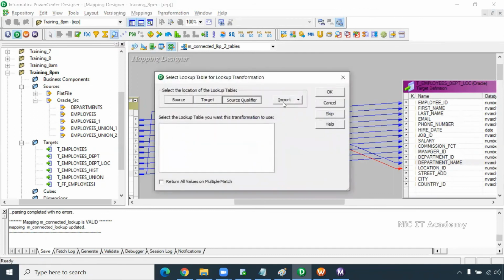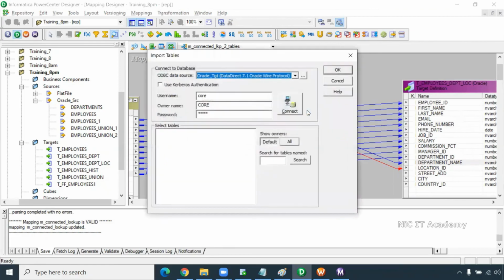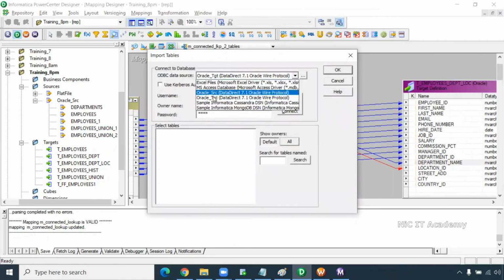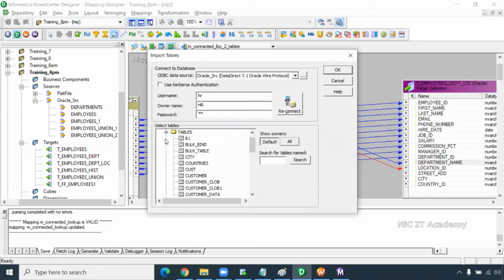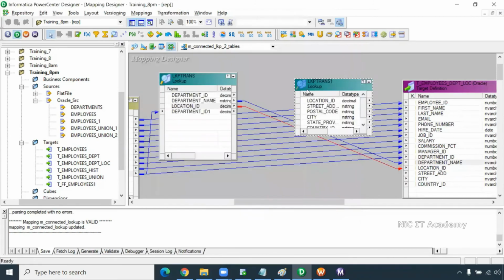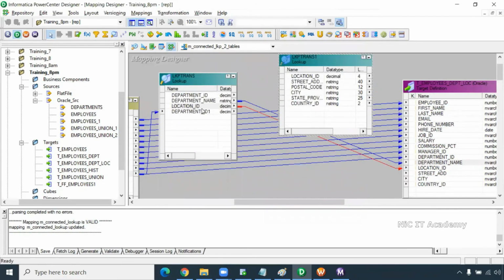This time I will do import relational table. So where is the source from? The location table is there in the source, right? So that is why I'm just connecting with source. I'm just importing locations from source. Click on OK. So from here, I'm passing the location ID.